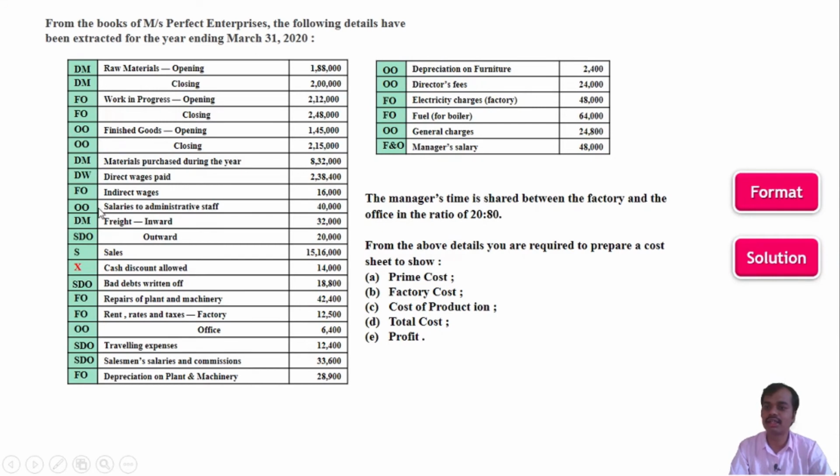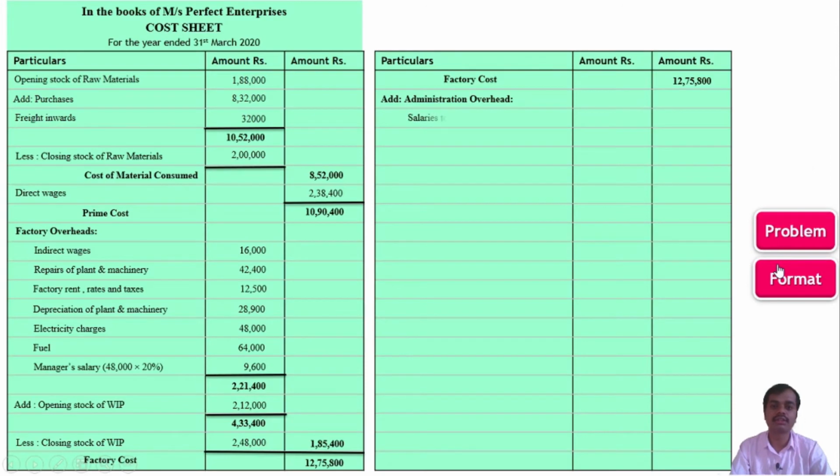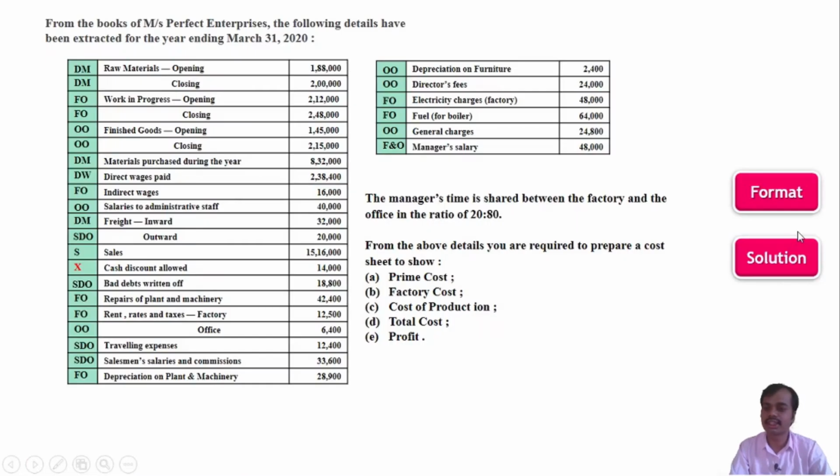And let's take another next item of office overhead, that is salaries to administrative staff, which is given 40,000. Let's take salaries to administrative staff 40,000. Let's see the next item of office overheads, which is rent rates and taxes for office 6,400.